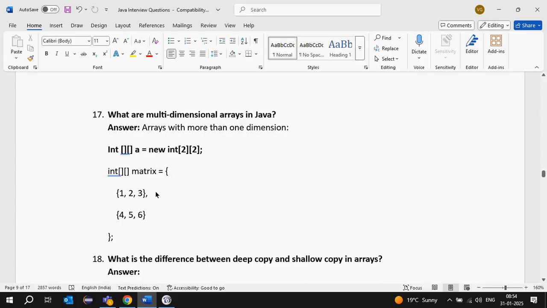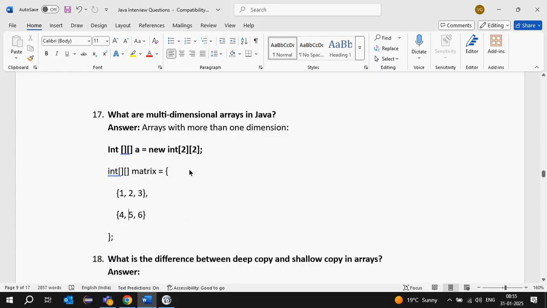Next question is, what are multi-dimensional arrays? Single dimensional means if we create a single dimension, it is called a single dimension array. Suppose int[] employeeID equal to new int[5]. That is single dimensional, one row. Multi-dimensional means it will have rows and columns. If you take a 2D matrix, a two-dimensional array, it has rows and columns. We can create it either this way, or if you already know the values you want to store, then we can create it directly like this.